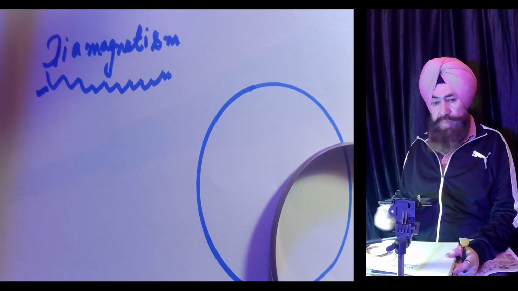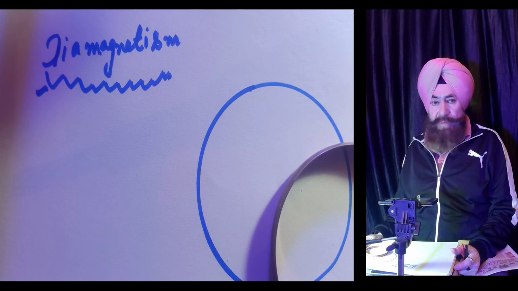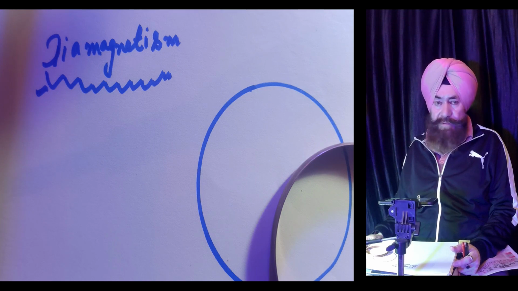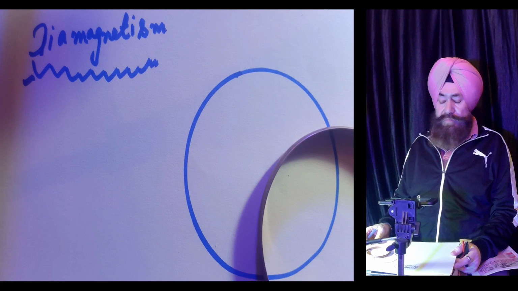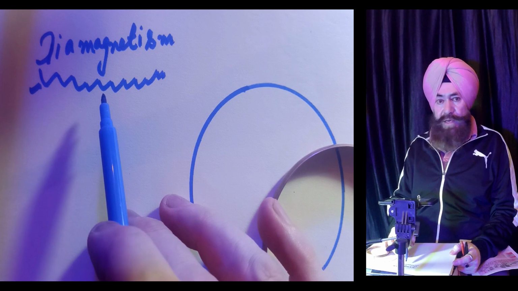Diamagnetism means those materials which are feebly repelled. Feebly, I mean weak. Feebly repelled by the magnet, meaning those materials oppose the magnetic field. Now let's come to the reason why diamagnetic materials oppose the external magnetic field. Before going to discuss the reason of diamagnetism,